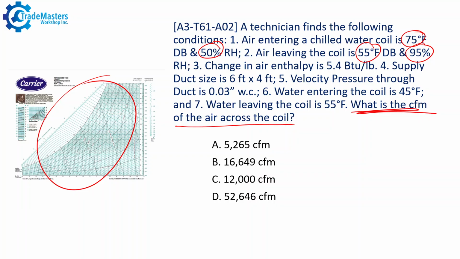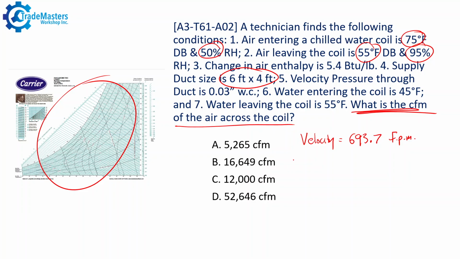We know the velocity, and the velocity was 693.7. So I'm just going to write here, velocity equals 693.7 feet per minute, right? And all we have to do is take that in conjunction with the dimensions of the duct, which are given in the question. Dimensions are 6 feet by 4 feet, and we would easily be able to calculate the CFM,